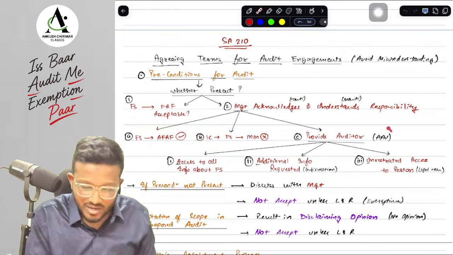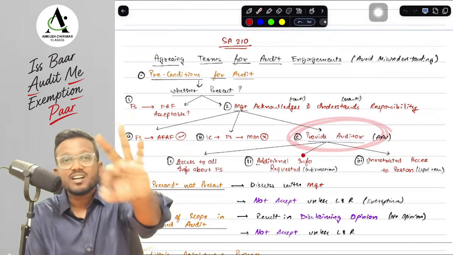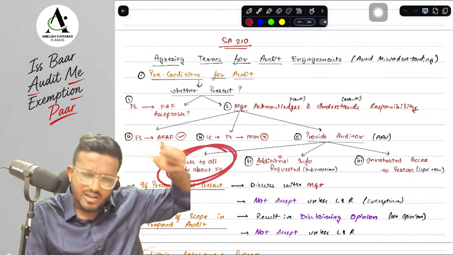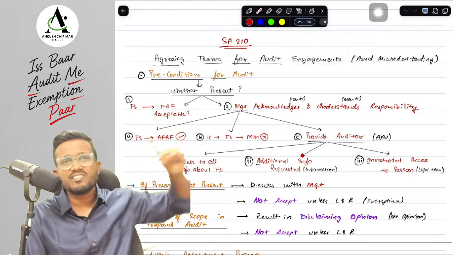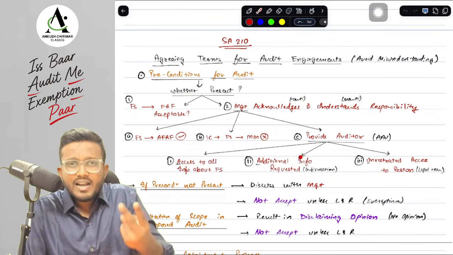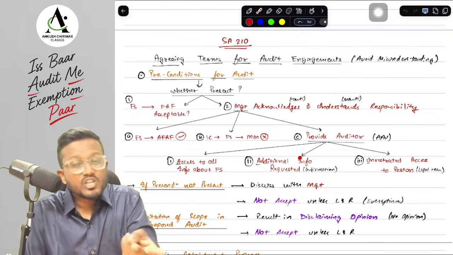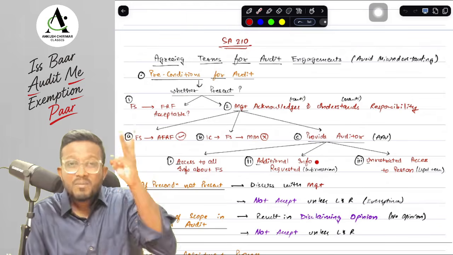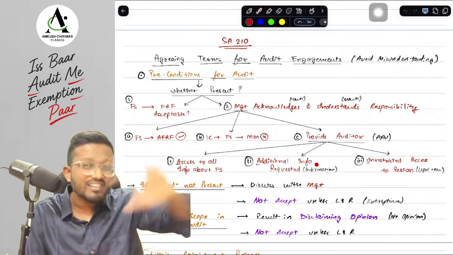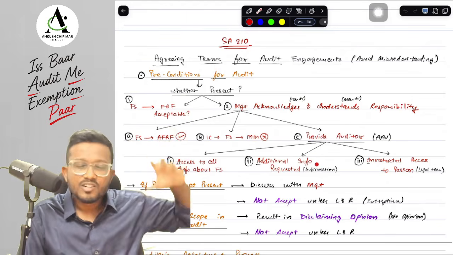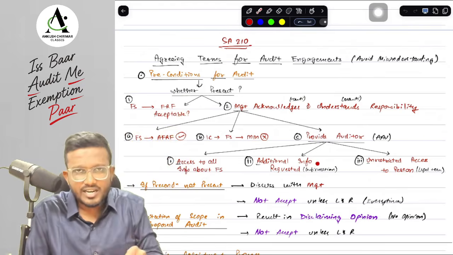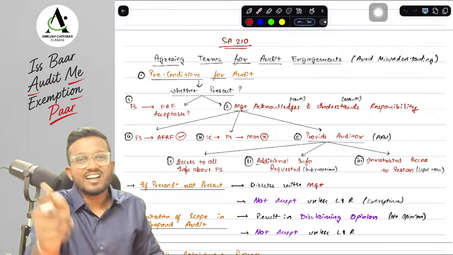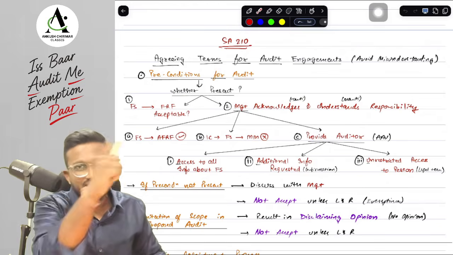And lastly, the management will provide the auditor with three things. What are the three things the management needs to provide us? All the information related to the financial statements. Management will provide us access to all the information that is related to the financial statements. Suppose while auditing, I have to ask for additional information, and all the additional information that the auditor is requesting, management should provide us. And lastly, management should provide us unrestricted access to all the persons within the entity. So if I need to check litigation and claims and I want to go to the legal team and ask them something, I should have unrestricted access to ask the legal team and obtain evidence from them.